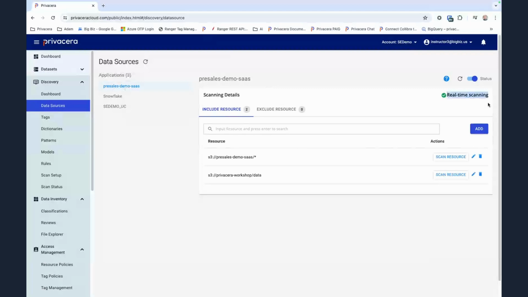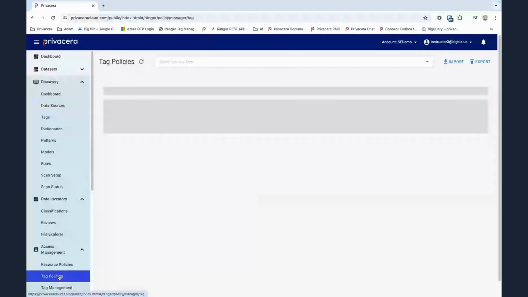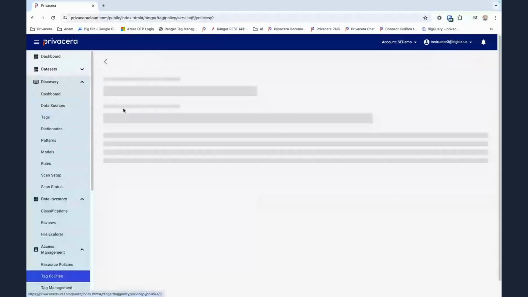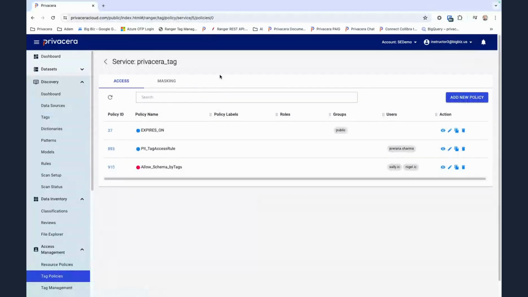So as data arrives, it's going to scan that data, it's going to tag that data, and if there's already existing policies for a tag, there's nothing else you need to do. That data upon ingestion is going to be already tagged, and then the policy that you've already created will automatically apply to that data. So the concept here is automating a process that gives you a hands-free,